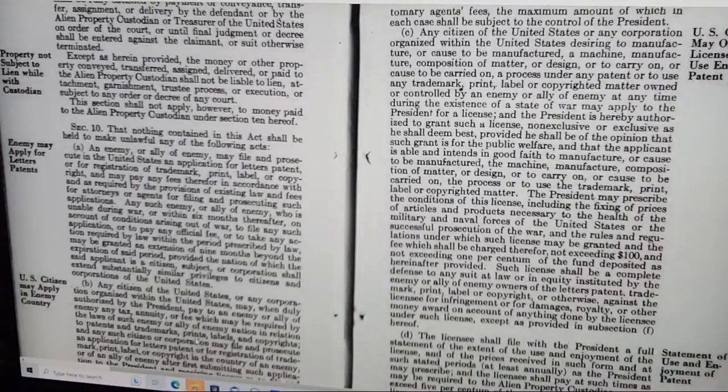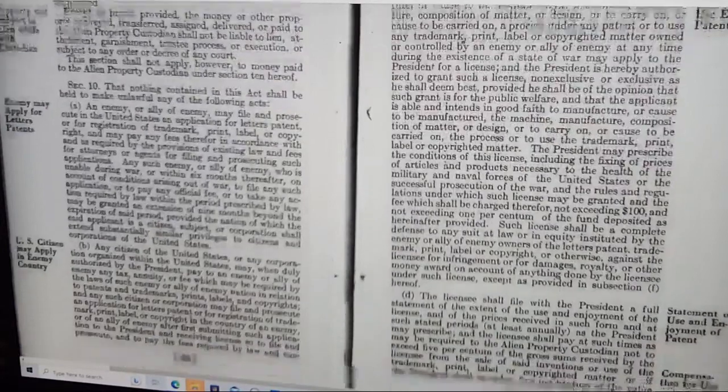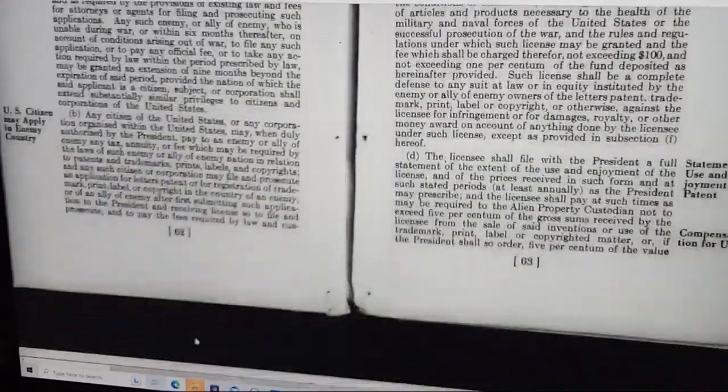The President may prescribe the condition of the license, including the fixing of price of articles and products necessary to the health of the military and naval forces of the United States or the successful prosecution of the war, and the rules and regulations under which such license may be granted, and the fee which shall be charged therefor, not exceeding $100 and not exceeding 1% of the fund deposited as